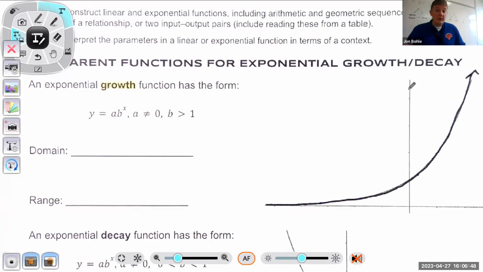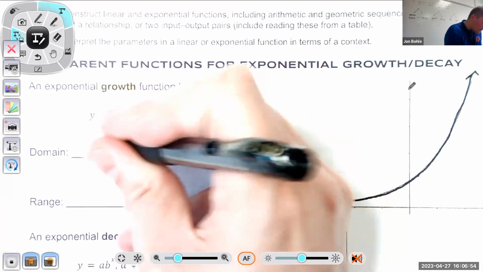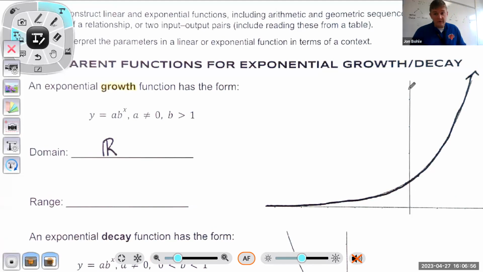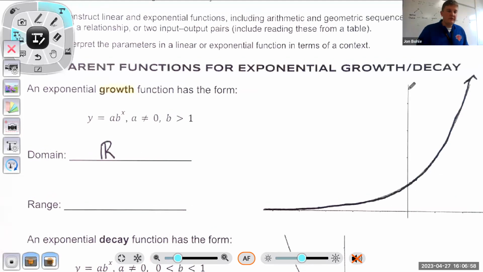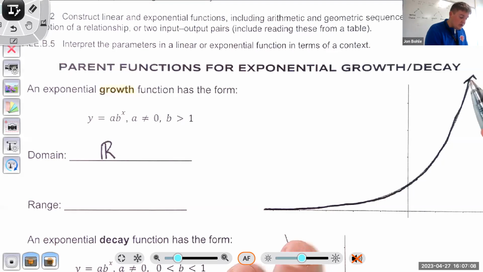What's the domain? Remember, domain is what numbers can you plug into this function and get out a valid y value, and that's going to be all real numbers. So that's going to be true for all of these exponential functions: the domain is all real numbers. Now the range can vary, but for the most part,